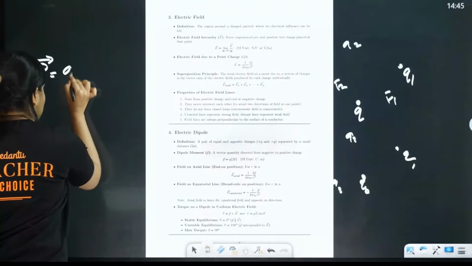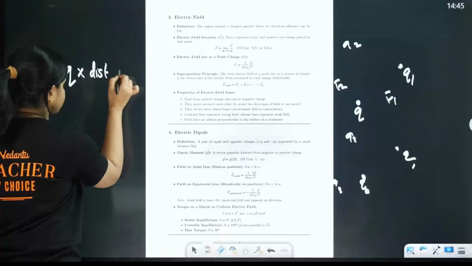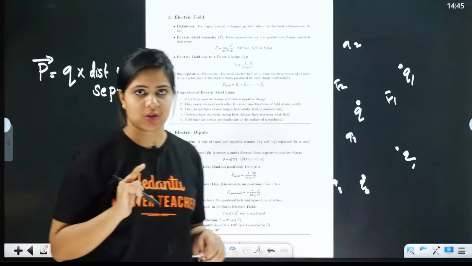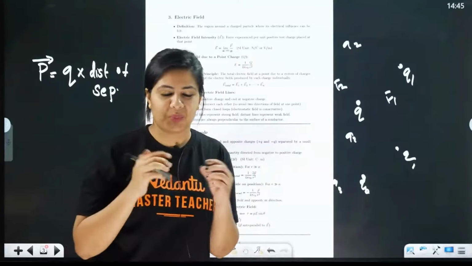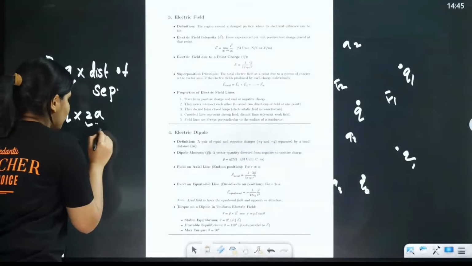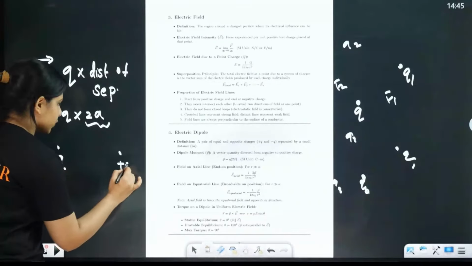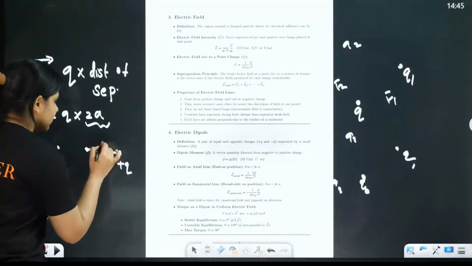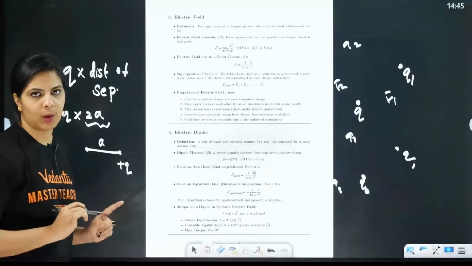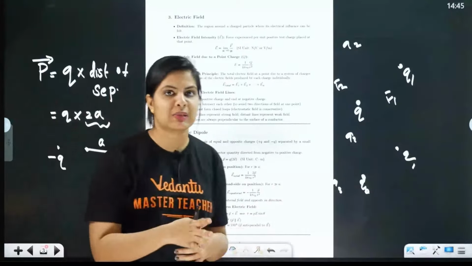புரிஞ்சுதா? So இங்க we can say that in the dipole moment, as I mentioned, you can study this equation like this: the charge into the distance of separation. Okay, you can study this equation, distance of separation. புரிஞ்சுதா? So you might have studied like this, q into 2a. Understand what is 2a. 2a na enna, இங்க minus q இருக்கு, இங்க plus q இருக்கு. இந்த a na the distance from the center of the dipole to any one of the charges. Okay, அதுதான் a.